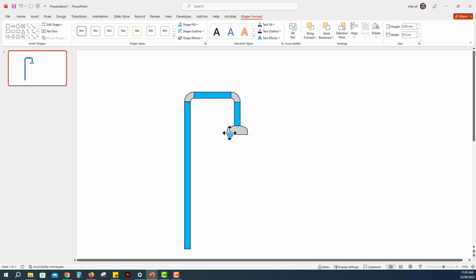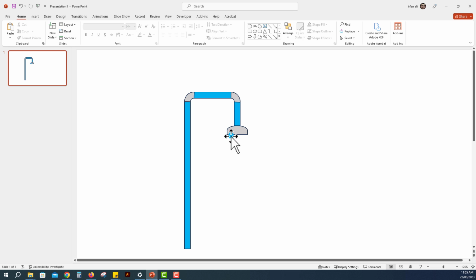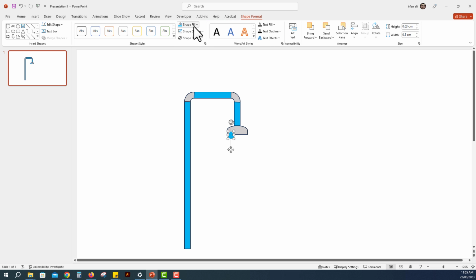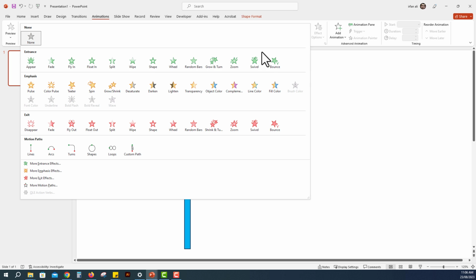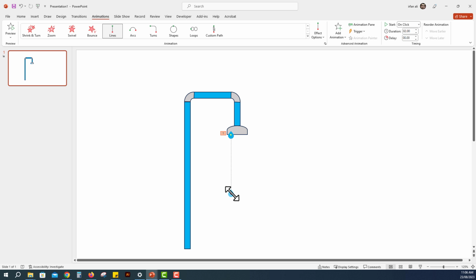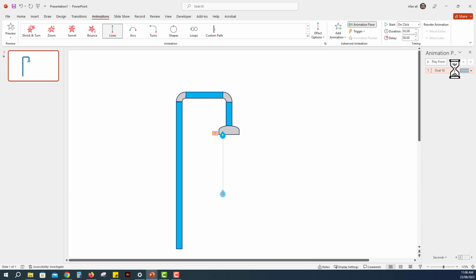Okay, so now we will make some animation in it. Let me make some animation in it. Add animation, go to animation, and I will make a path animation, motion path, and click line path, so it will do a path animation like it. Okay, I will adjust its animation by clicking on the animation panel, and in the animation panel you can just double